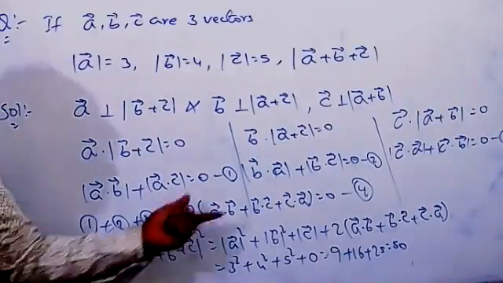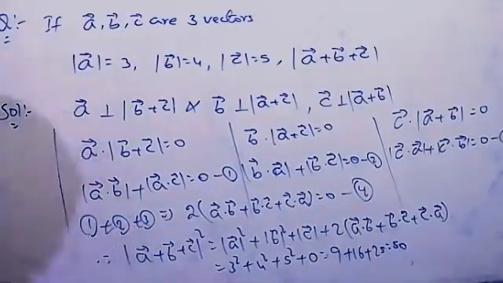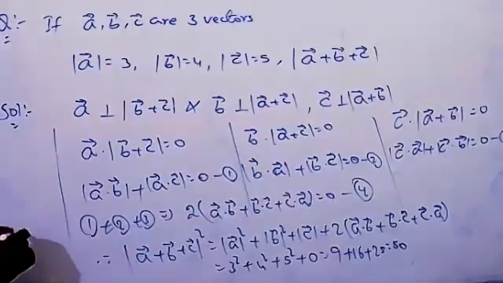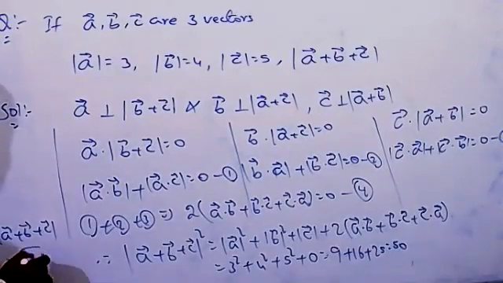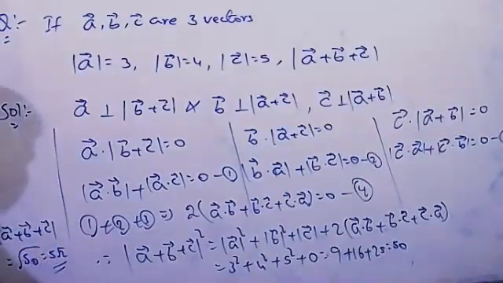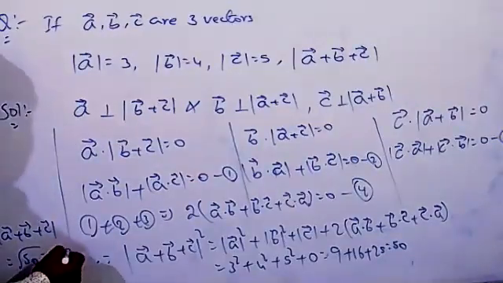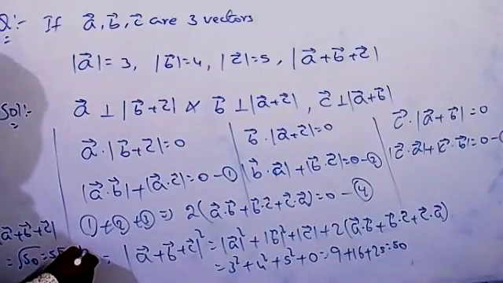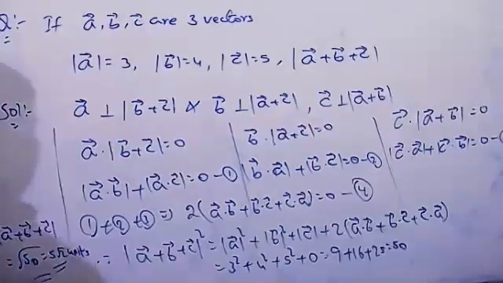The whole square you can transfer to that side. So clearly you can write A plus B plus C is equal to root of 50. Root 50 equals 5 root 2 units. This is the value of that, and it's very important for you. Remember that, by using the algebraic formulas I gave you yesterday.